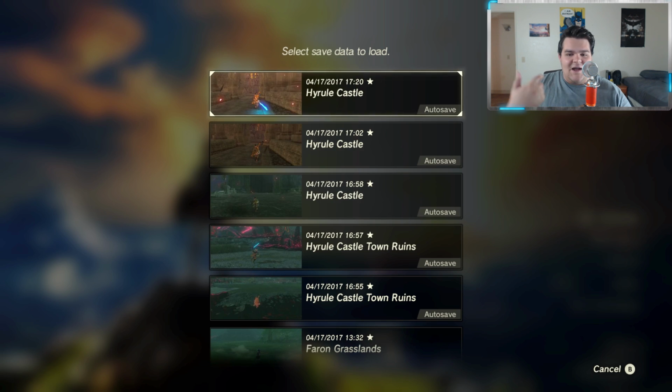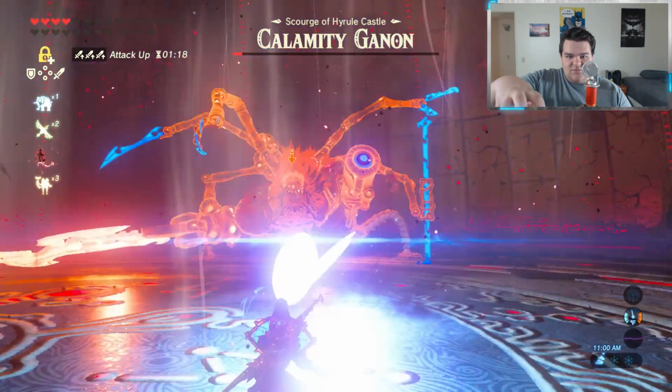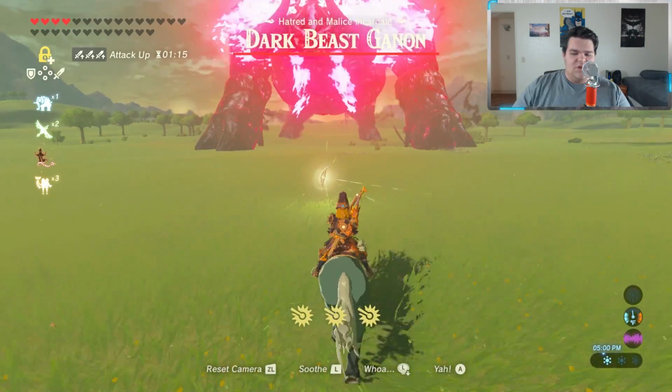Supposedly what I read was that you could actually head back to the Sanctum after doing the whole glitch again and get into the boss room where you fight Calamity Ganon, and he was gone. So I wanted to do that. So I actually redid the entire glitch,